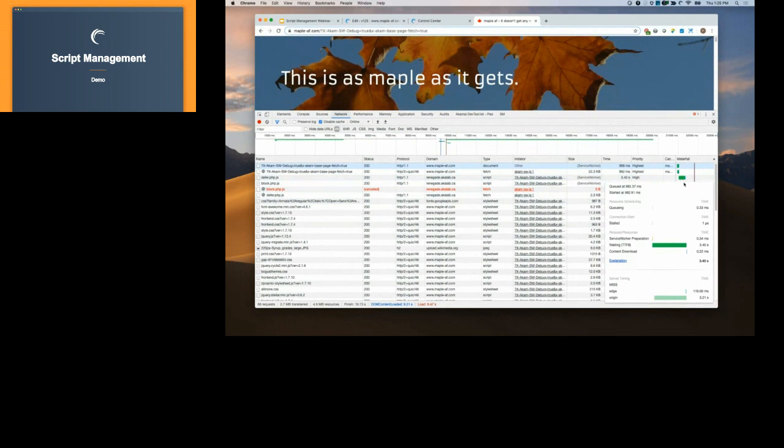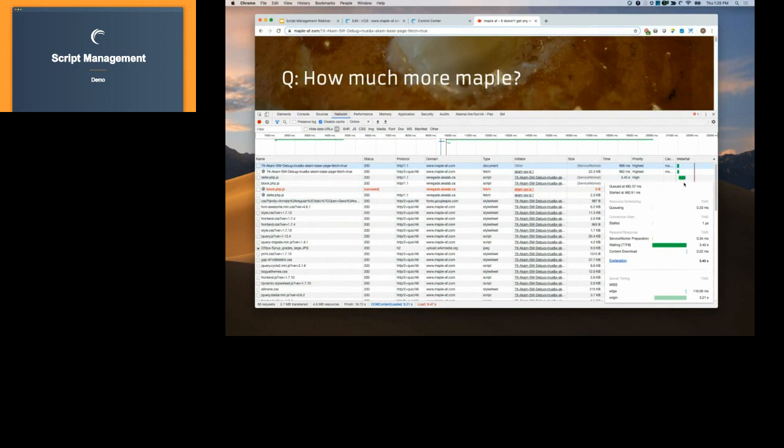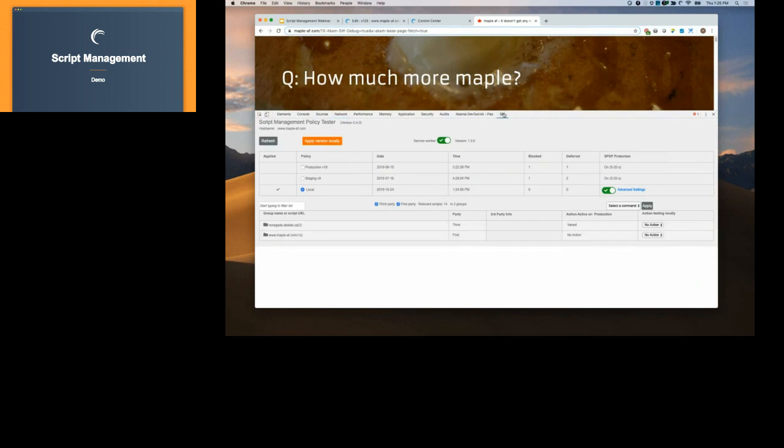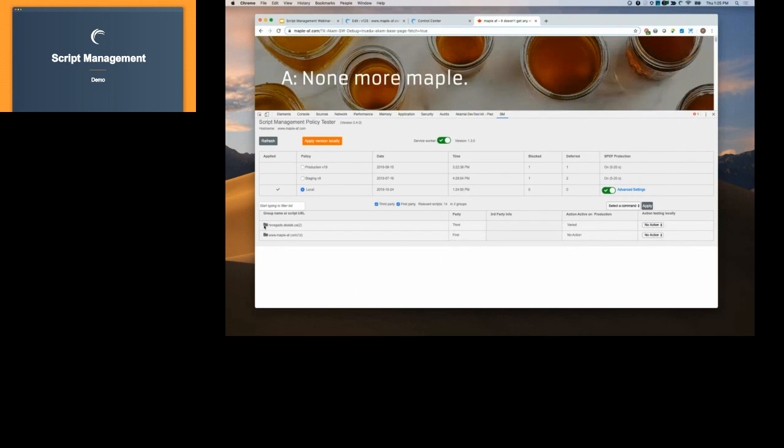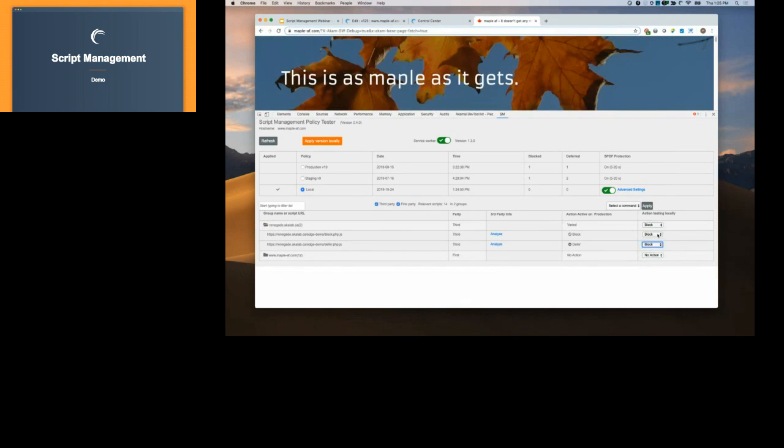So this kind of gives you some insight into what you can do with the tool, how you can use that tool to manage some of these third parties, and how you can really test it very quickly and say, like, hey, I want to see what happens if, let's say, instead of blocking this third party, I defer it. I'll click apply, so